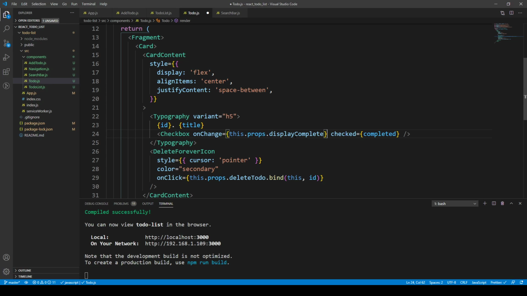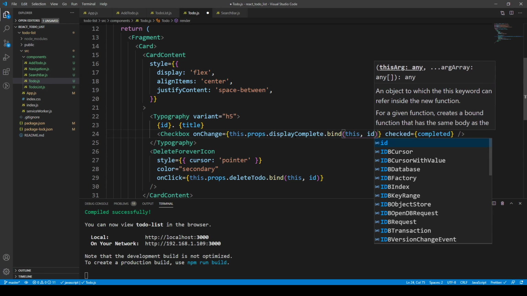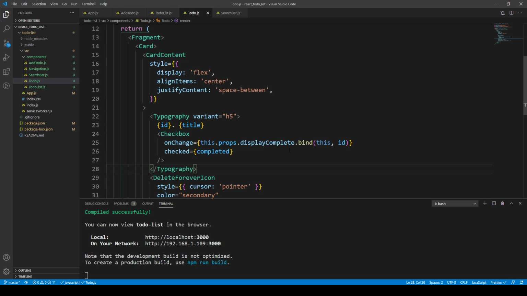So once again we bind this particular to-do with the ID of that, so we can make the change to the